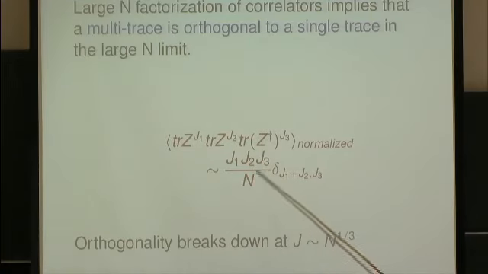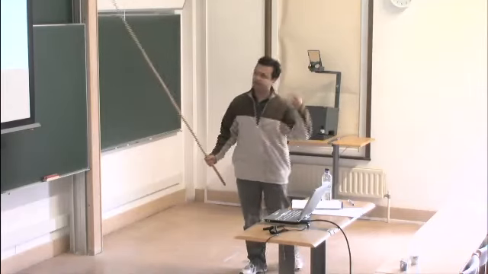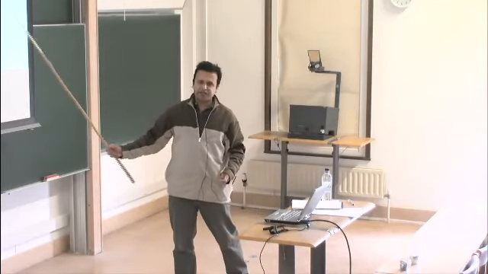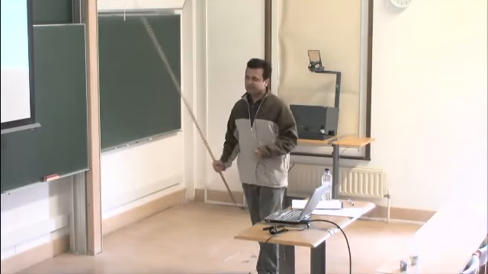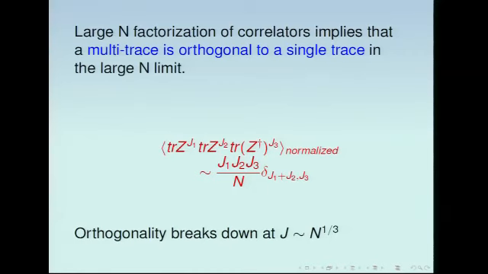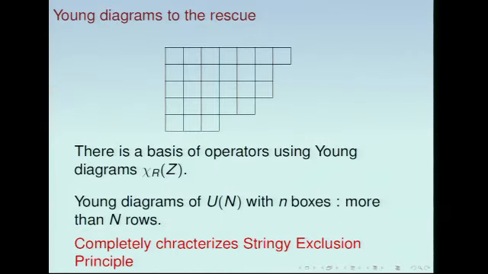So if the j's are comparable to n to the 1/3, this becomes order 1. So you can't think of this as orthogonal to this anymore. So much before j order n, the Kaluza-Klein picture breaks down. And we are kind of familiar with this. We know that for j order root n, we should be thinking about BMN backgrounds, which are related to trace Z to the j. And of particular interest to me is j of order n, and how do we organize